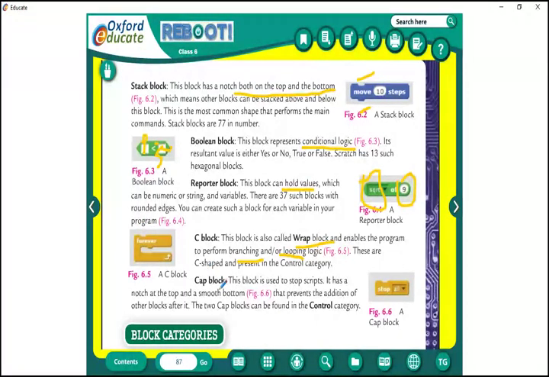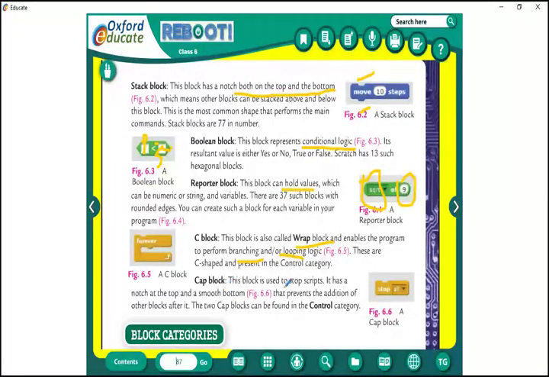And the last one is the cap block. Cap. You have water bottles, correct? And water bottles have a cap. You have a pen, and the pen also has a cap. Why do we need to use caps? If the bottle has no cap and you fill water, if it is turned down or falls down, the water will flow outside. But if you tightly close it with the cap, what will happen?